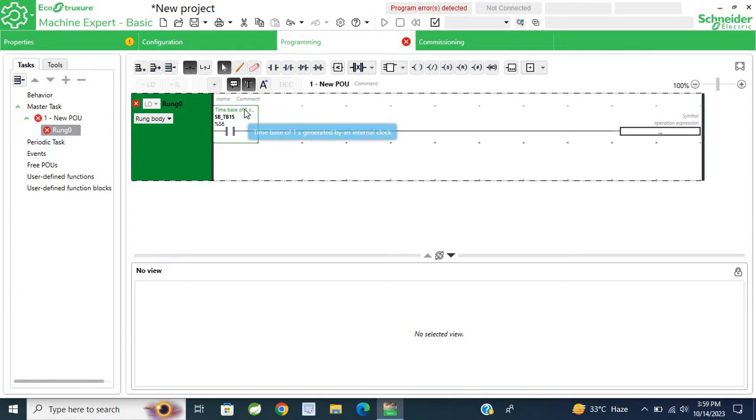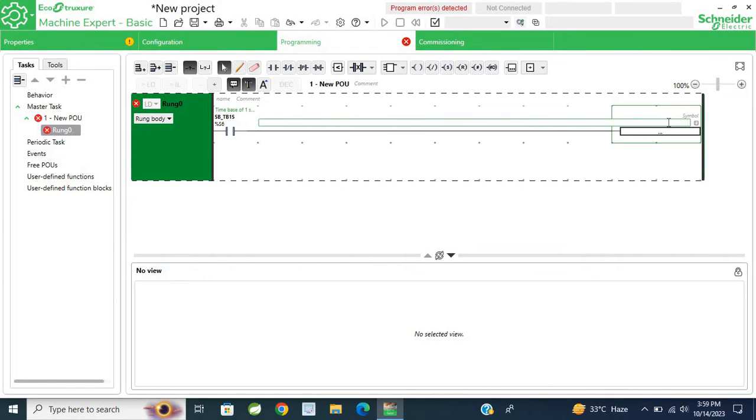S6 is the pulse generated every 1 second. You can see here time base of 1 second generated by the internal clock. This is the internal clock. It will generate the time pulse every 1 second. Now I'm taking one word MW0